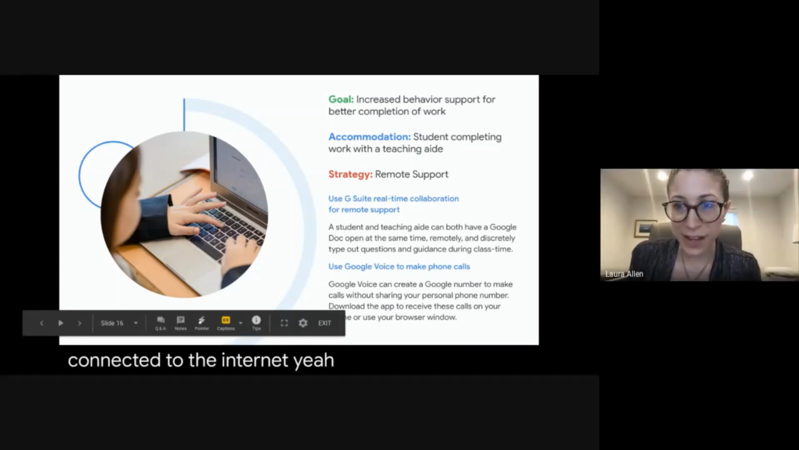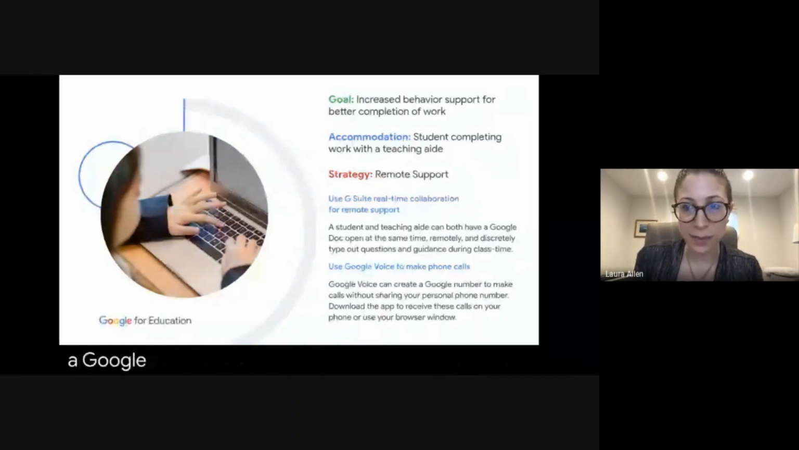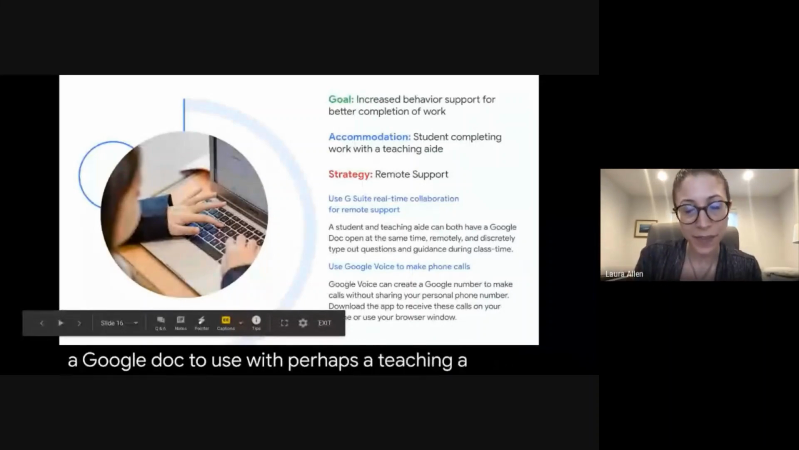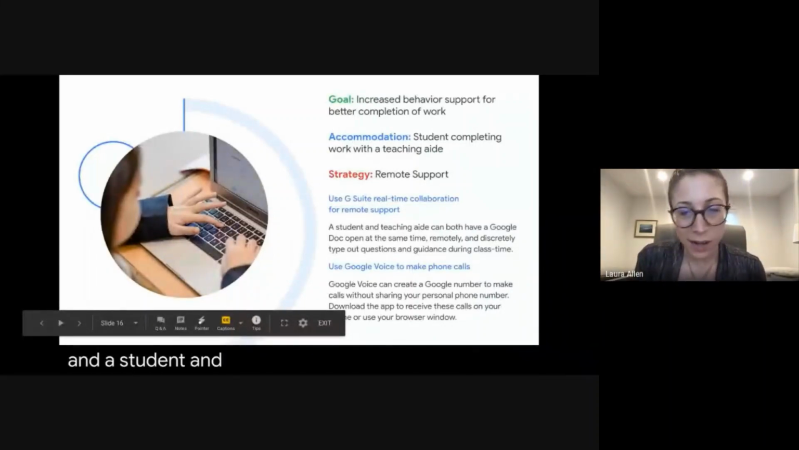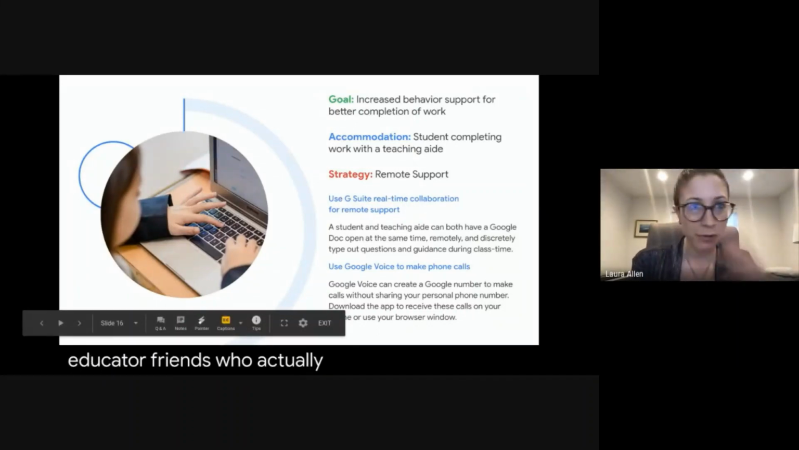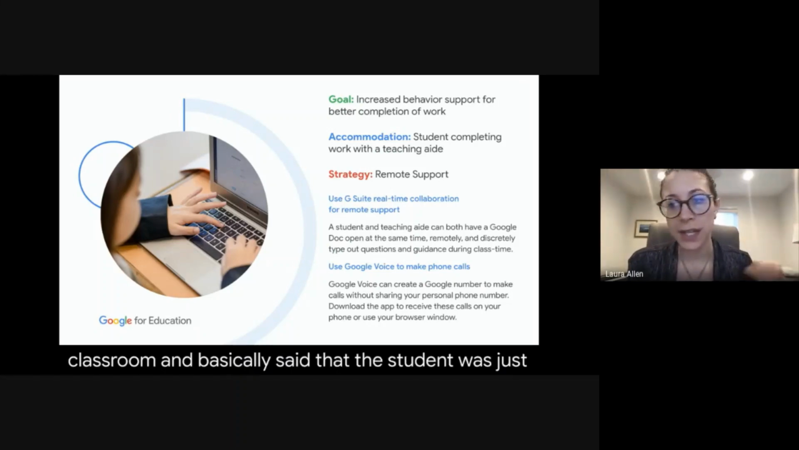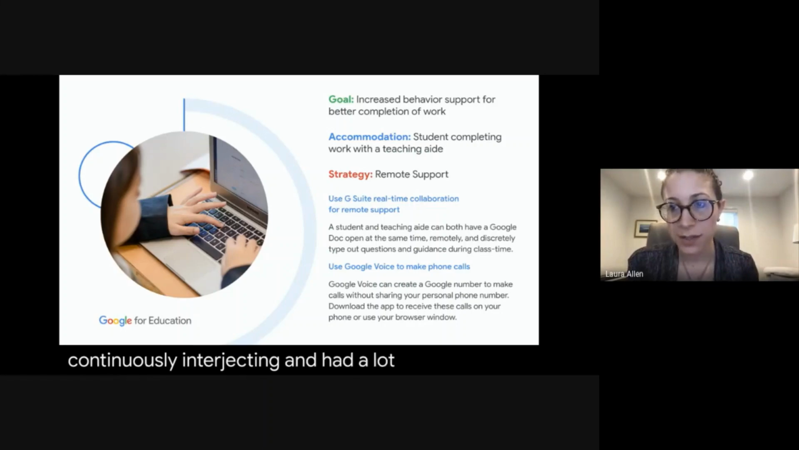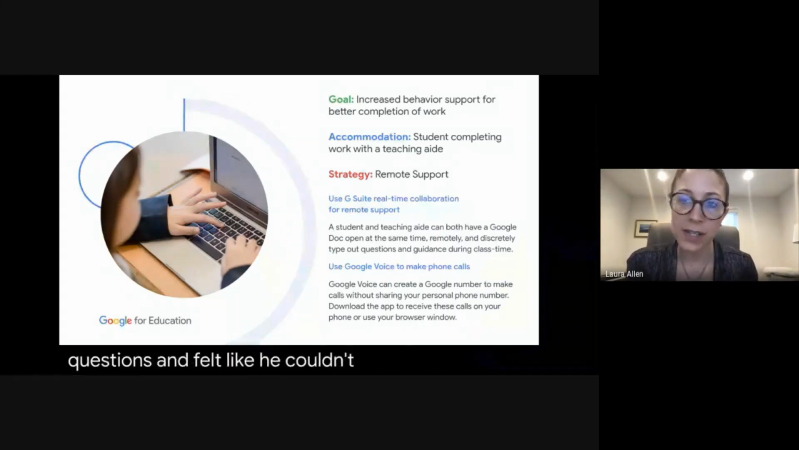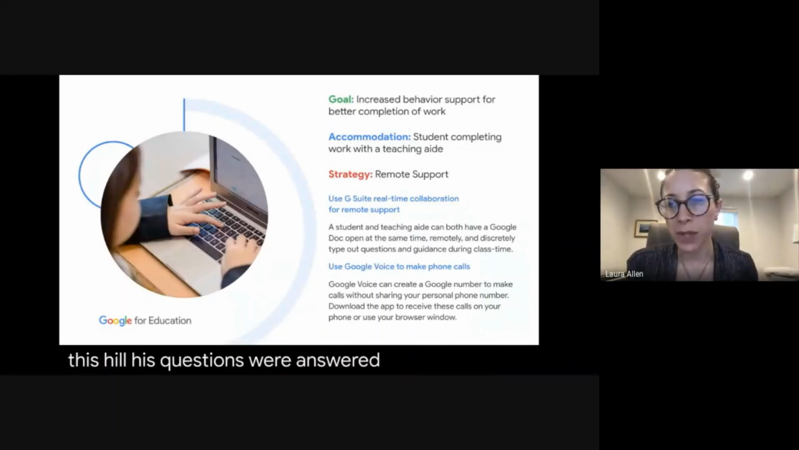Definitely. And I just want to also echo what Julie was talking about, the use of a Google Doc with perhaps a teaching aide and a student. I was talking with one of my special educator friends, before everything with the coronavirus started. She was working with a student with ADHD who was continuously interjecting and had a lot of different questions, and felt like he couldn't really concentrate until his questions were answered. And it was really disruptive to the rest of the class,